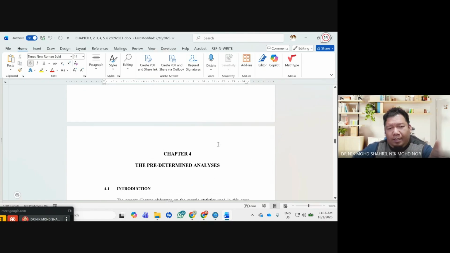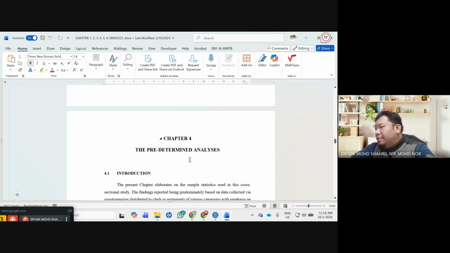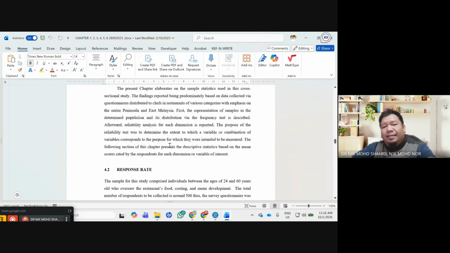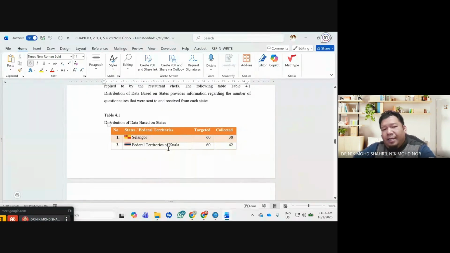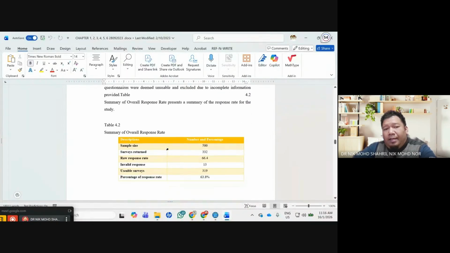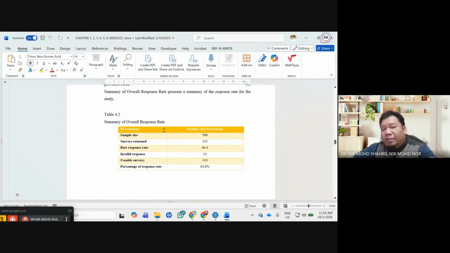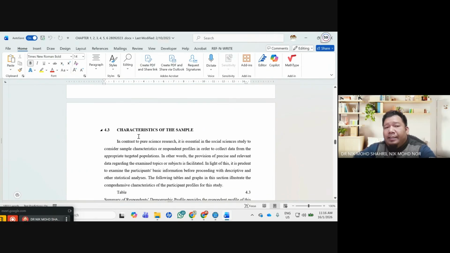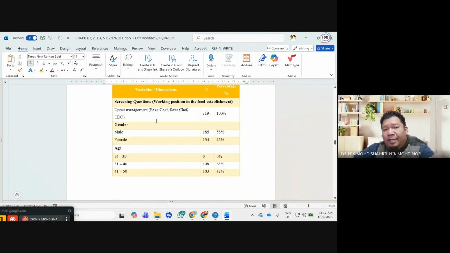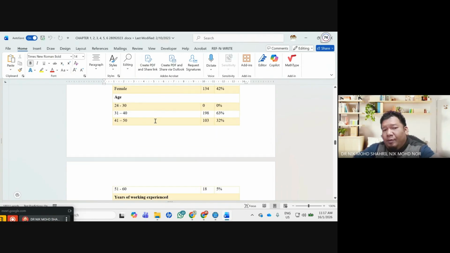Predetermined analysis, I put in chapter 4. What is predetermined analysis? Response rate, summary, overall response rate, then characteristic of sample, variable, respondent profile,